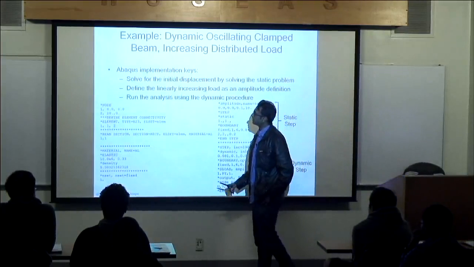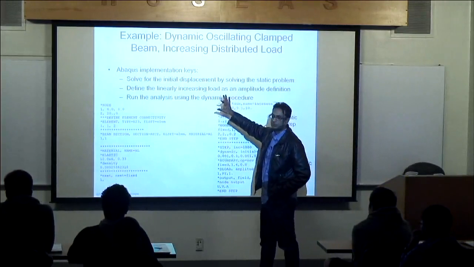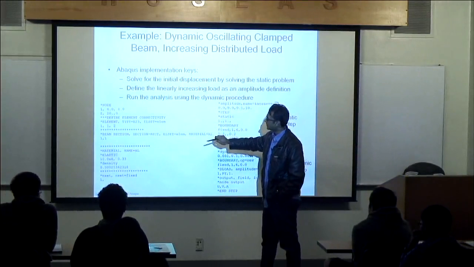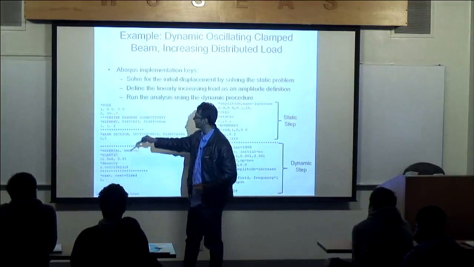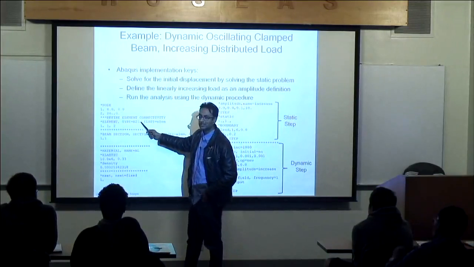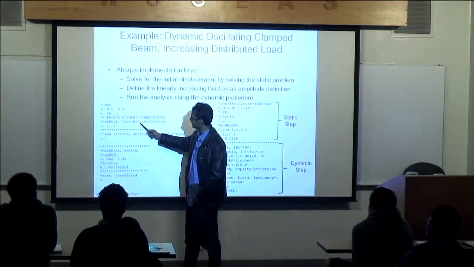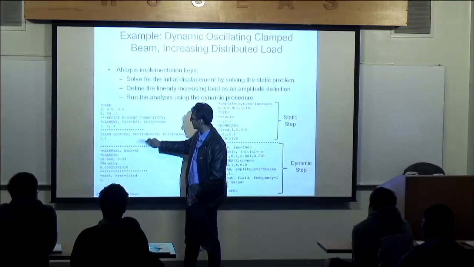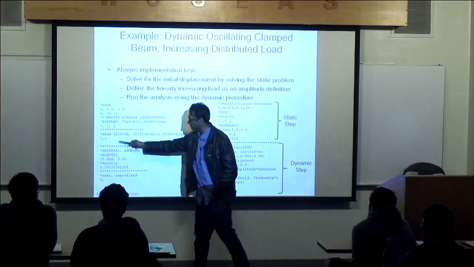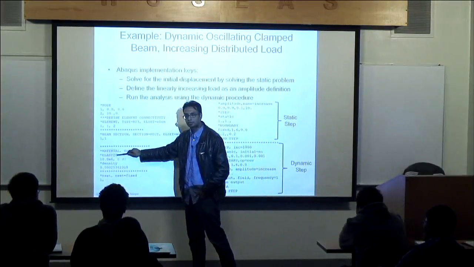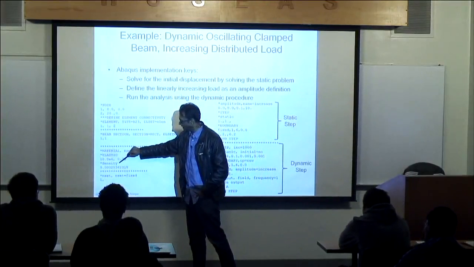Abaqus implementation keys. I want to point out some things I had to do. So here's my single element. It goes from 0 to 20. That's the length. B23 is my Euler-Bernoulli beam element. Sorry, 2 nodes, 2D space, cubic interpolation. My beam section is rectangular. Cross-sectional area is 1. Elastic. I took aluminum in this case, not steel. The density is in